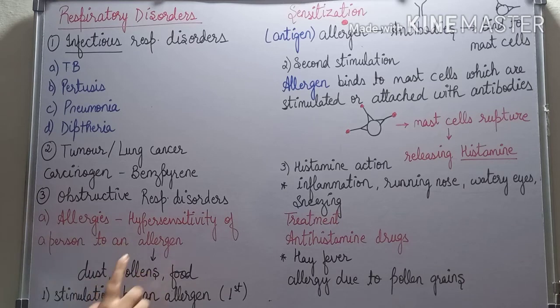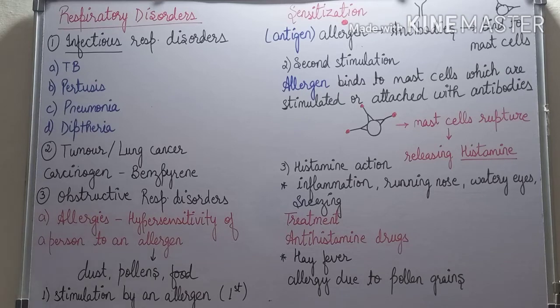These are all allergens. So remember, dust, pollens, any type of food can be an allergen. Anything can be, even the sun can be an allergen for some persons. Some people, when they move out in the sun, have red rashes on their body, or small spots, like very small pimples on their entire body. So that is all hypersensitivity.